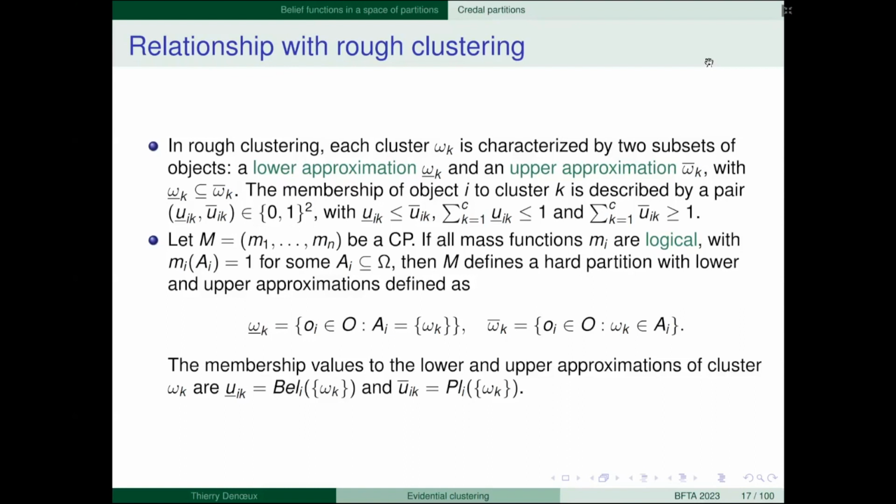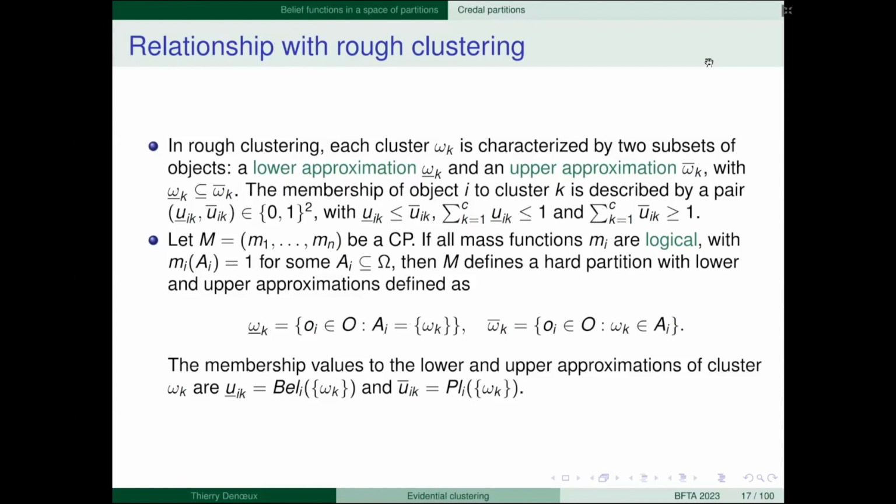Actually, given a Credal partition, if all mass functions are logical, remember that a logical mass function is a mass function with only one focal set, so there's only a set component and no probability component, then it defines a rough partition with lower and upper approximations defined like this.